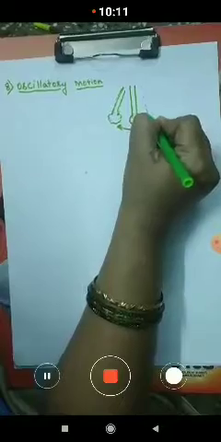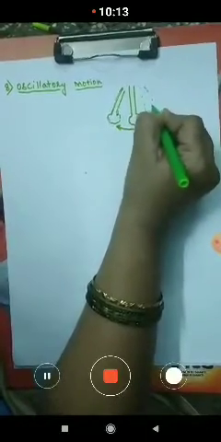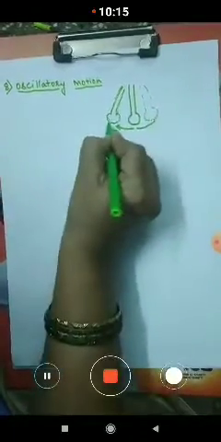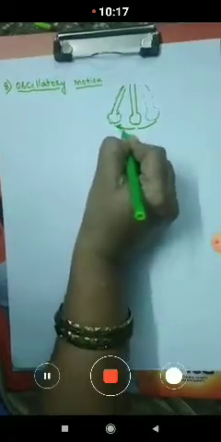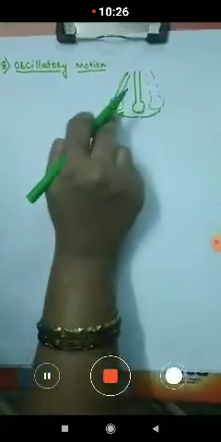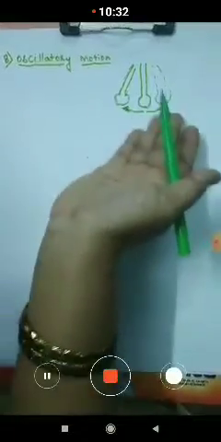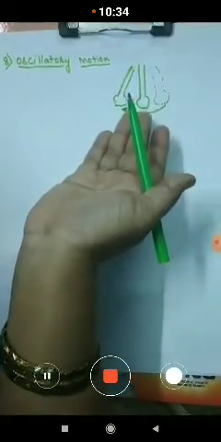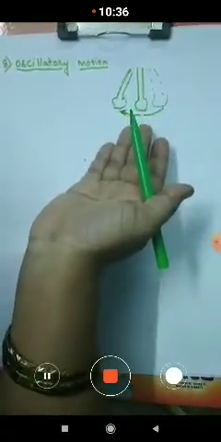So this type of motion is along the same path. It moves in the same path. So this type of motion is called oscillatory motion. An object is said to have oscillatory motion if it moves to and fro along the same path in a regular periodic way. So this type of motion we can observe in the ringing of the bell also.